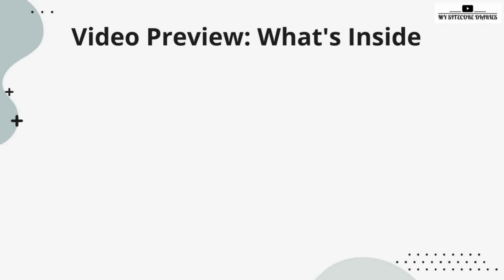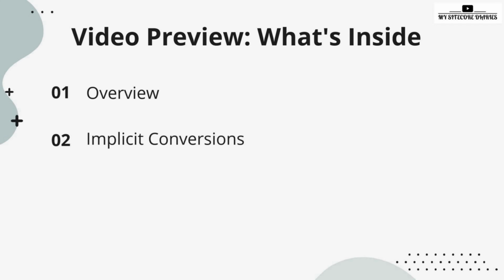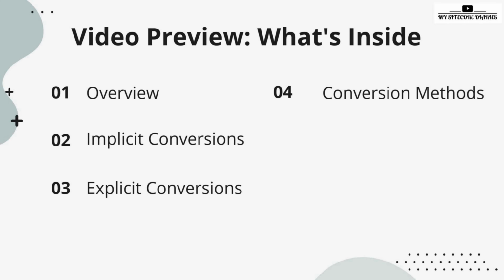Here is what we will explore in this video. First, we will try to understand the critical concept of type conversion and casting. Then we will see what is implicit conversion and what is explicit conversion. We will try to find out the answer to these two questions. Then we will go through a few inbuilt conversion methods, and finally we will see a very important interview question, boxing and